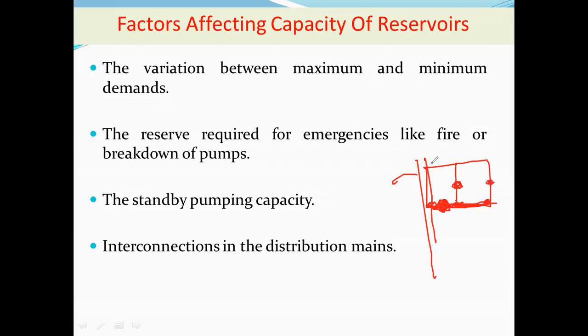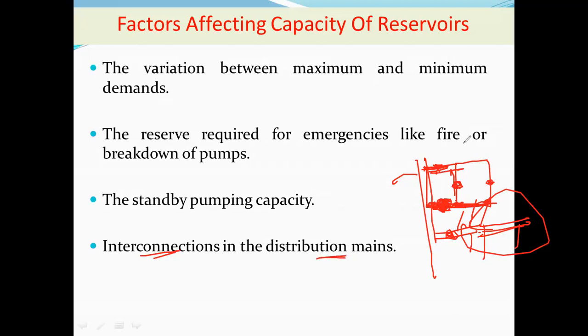But if there is a connection like this, a close connection, then when this submain is under maintenance, water can flow through this other submain. If a connection is attached from here also, then the demand for water can be fulfilled by using this submain. But suppose there is only one submain and different laterals are connected to it, and there is a problem here, then water cannot be supplied to the downstream laterals. So this is nothing but the interconnection of the distribution mains.